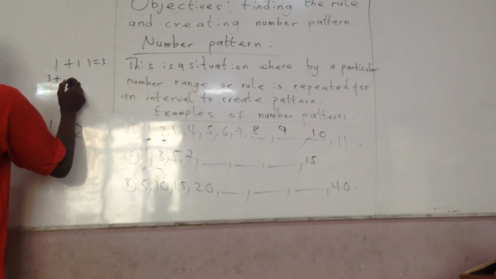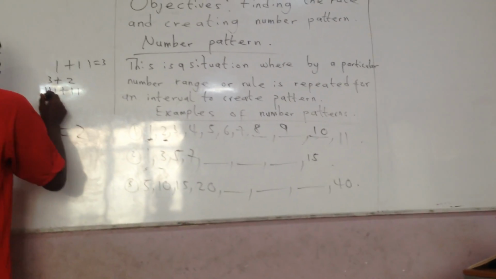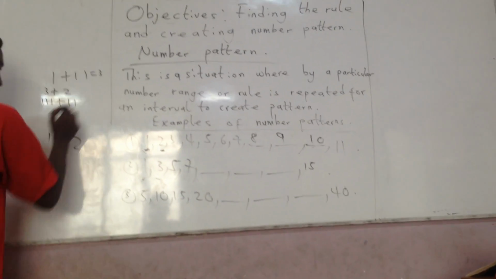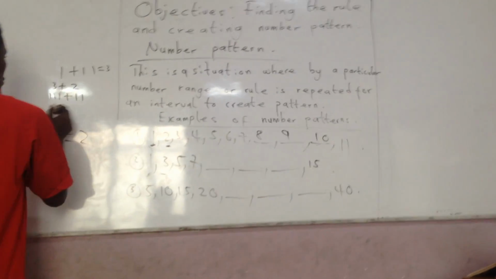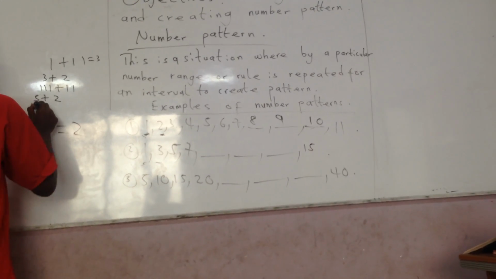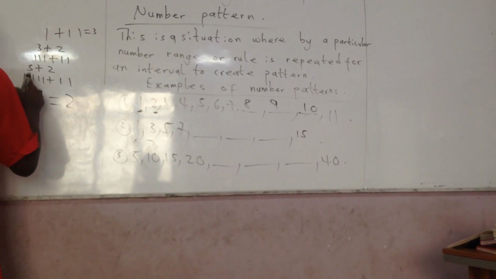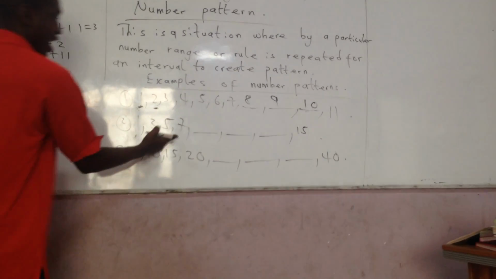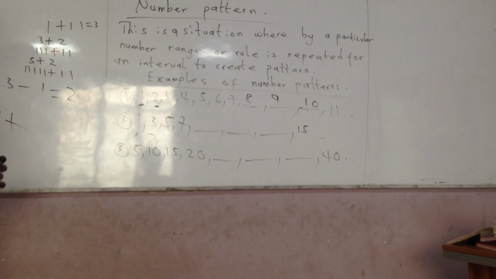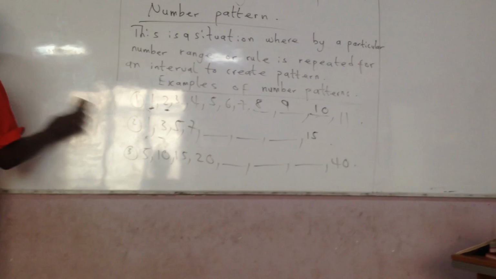3 plus 2. So 1, 2, 3 plus 2: 1, 2, 3, 4, 5. We have 5. Then 5 plus 2: 1, 2, 3, 4, 5, plus 2: 6, 7. So we have 7. We are always going to add 2 to all the numbers that we have to fill in